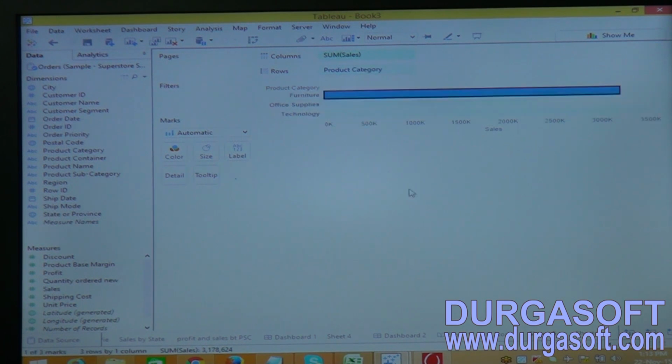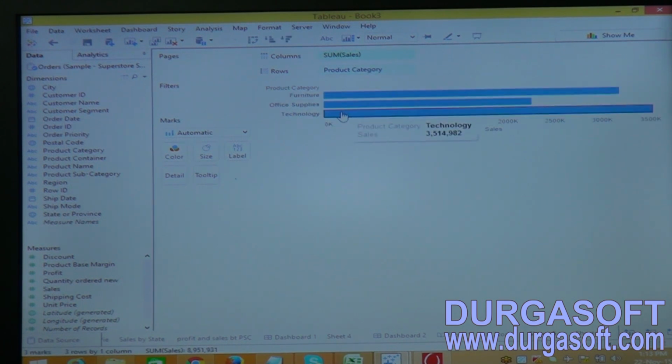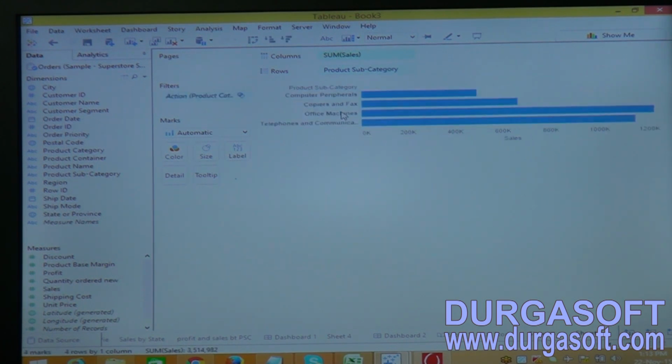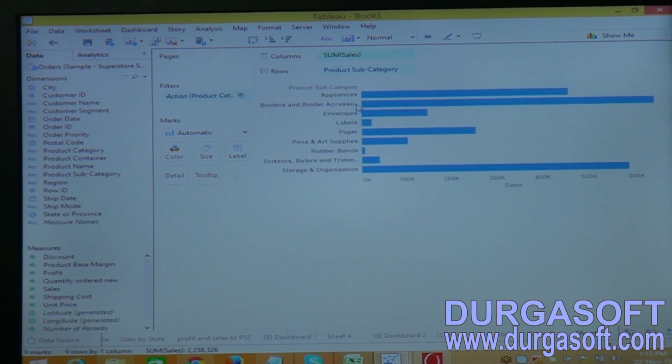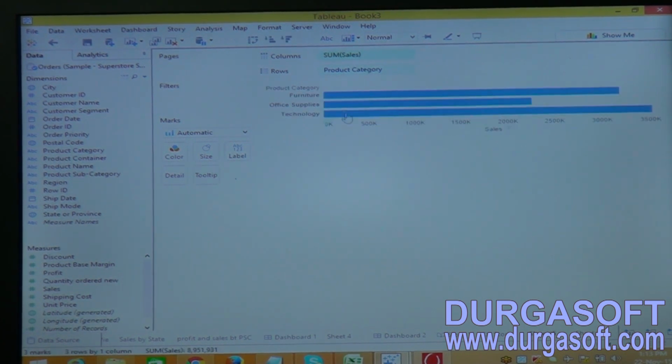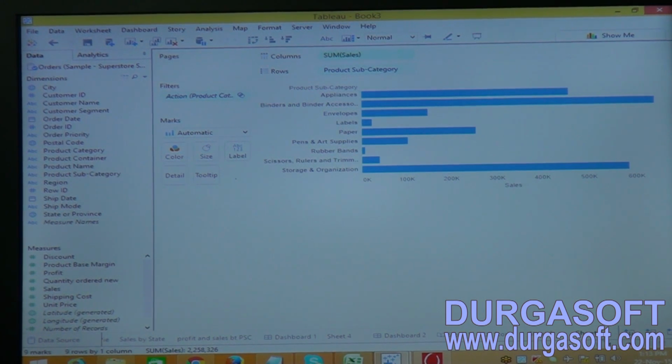Now go to Sheet 5 and select Technology. It displays the relevant data related to Technology. Now go to Sheet 5 and click on Furniture. When I select Furniture, it goes to Sheet 6 and displays the data. This is the way to create a worksheet action.